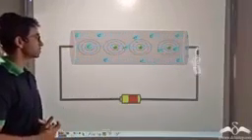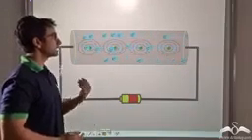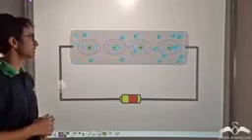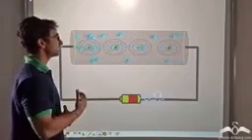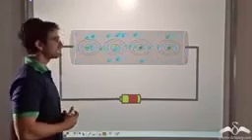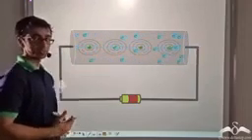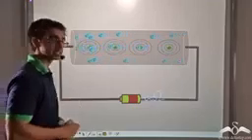So when we have applied a potential difference, we can find that the electrons are moving from one end to the other and conventional current is flowing in the opposite direction. So if you observe closely, you will find that the electrons in their path are colliding with one another as well as with the atoms or the ions inside the conductor. This is why a resistance inside the conductor is created.